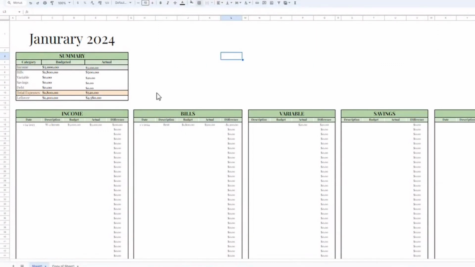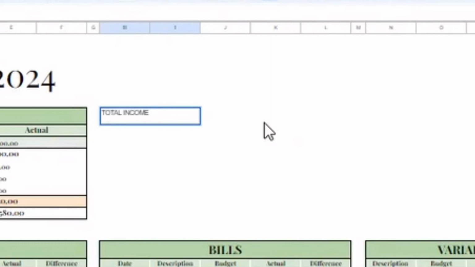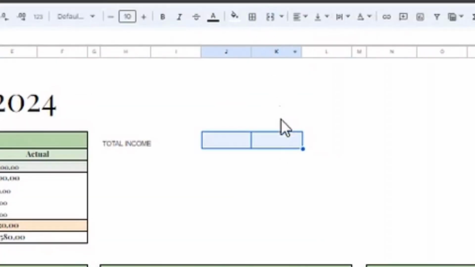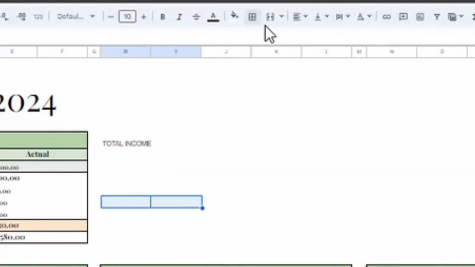So I like things to be organized. So I'm looking at, let's see, these are five cells I'm working with. So maybe I'll use these 5 here, or I can use these 2. So let me just give you an example. So this might be a little redundant, but it's fine. So I'm going to merge these and I'm going to put total income here. Okay. And then I said I was going to merge these together, but I'm actually going to merge these 2 together. Merge these 2 together, left to budget,